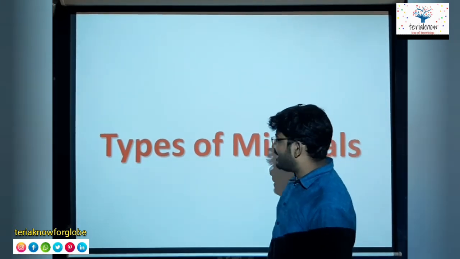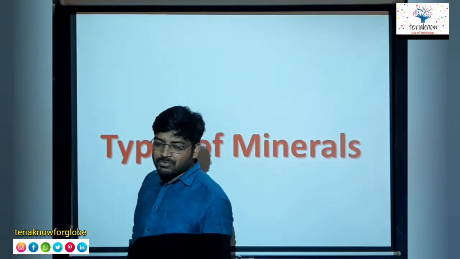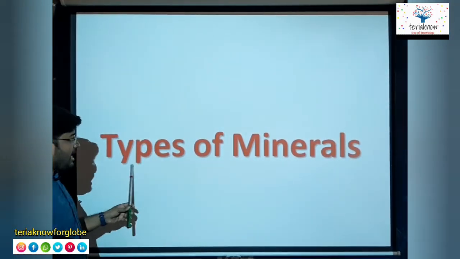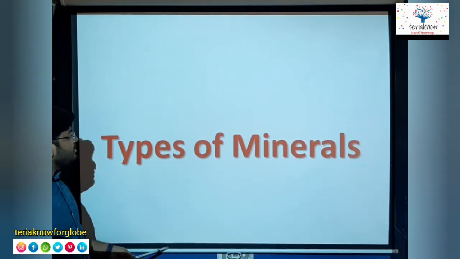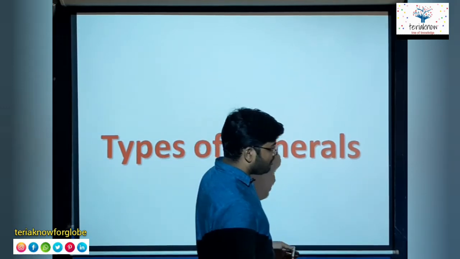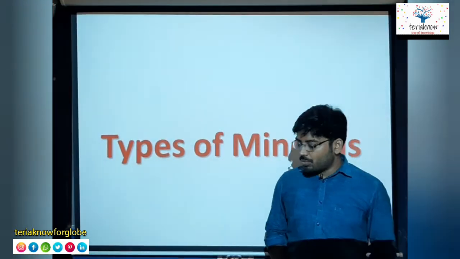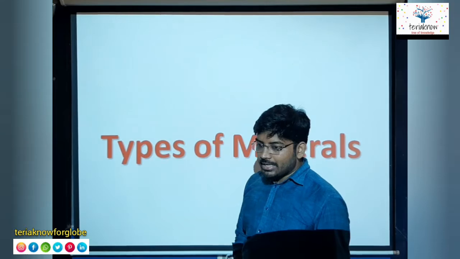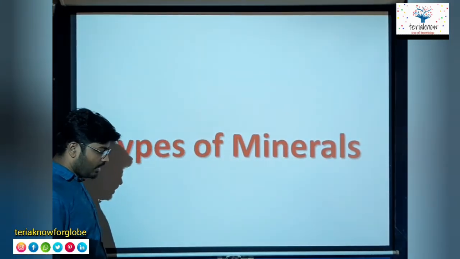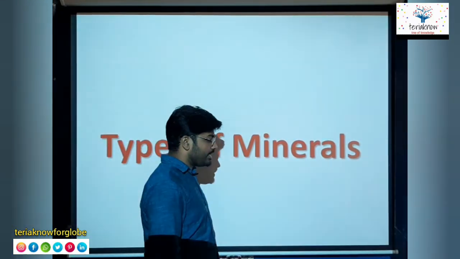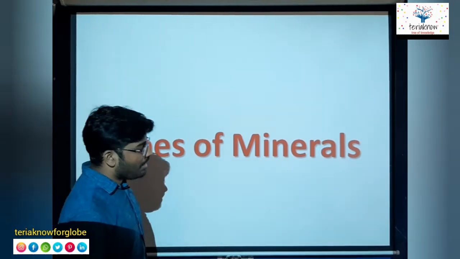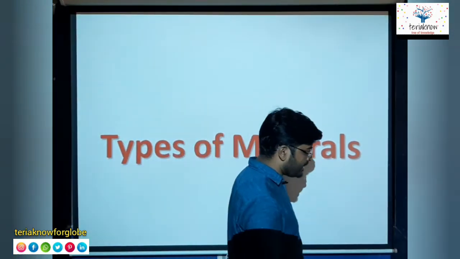Then we are having the types of minerals. Types of minerals we have to do. You can see types of minerals. Alright, so minerals, what is basically minerals? Minerals are those material which is available, okay, either in the crust, or you can say that in the ground or inside the earth. Alright, we used to extract it out. मिनरल्स, जैसे वाटर में भी मिनरल्स होते हैं, हमारे ओर्स जो होते हैं वो भी मिनरल्स में आते हैं. ऑलराइट,